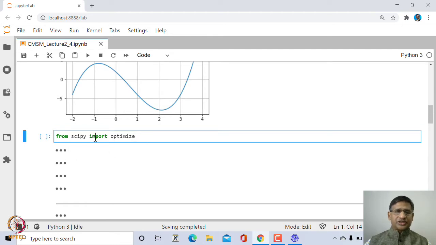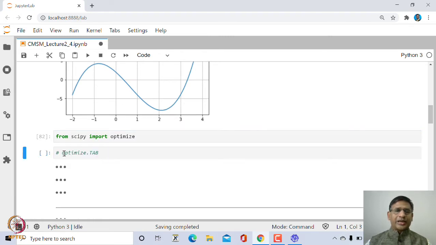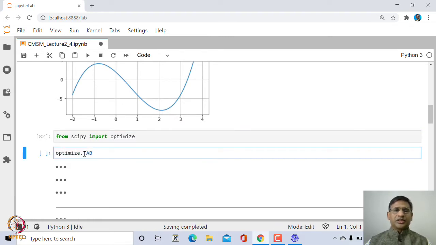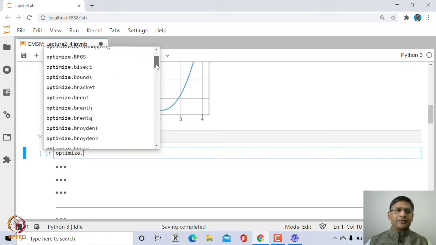So let us first import this optimize. If you want to look at help on optimize, let us use optimize dot and press tab, and you can see there are several options available.